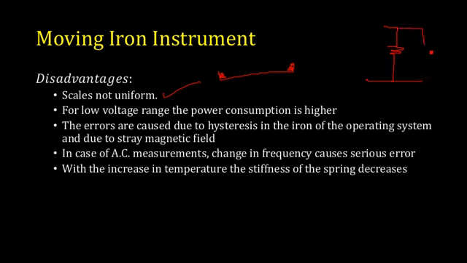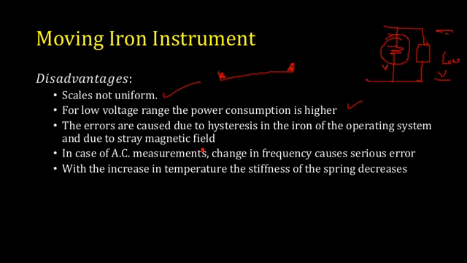Suppose this is the load that is measured. So this is your meter, this is the voltmeter. Now the voltmeter resistance is fixed. If you are going to have a low voltage being measured, suppose the voltage across this is low, the current flowing through this resistance will also be small. So your voltage drop across this will be higher, as well as the power consumption, because power consumption is related to the current that is flowing, I squared R. So the power consumption is also higher if you are going for low voltage measurements